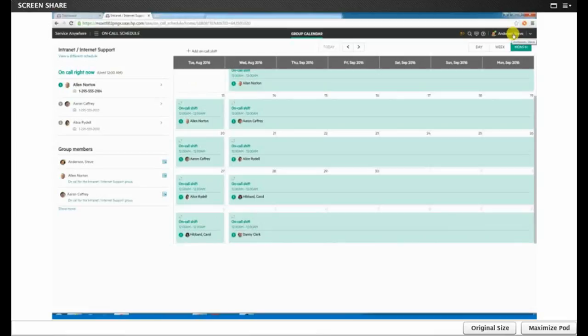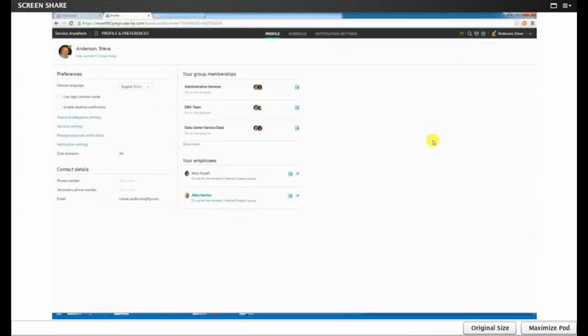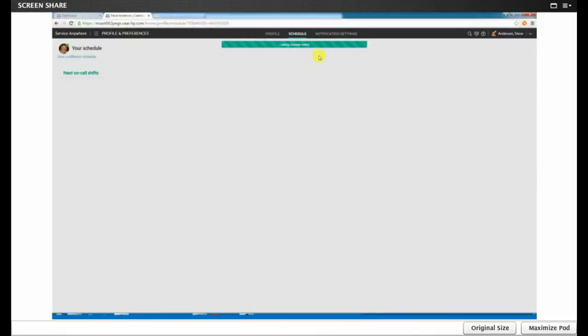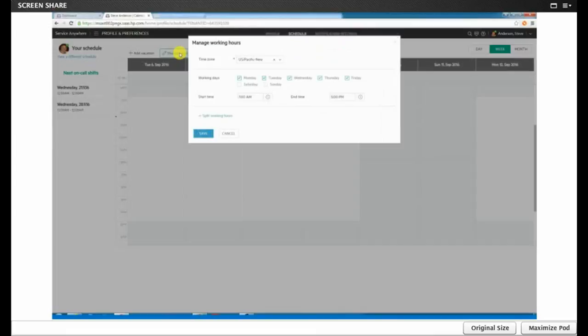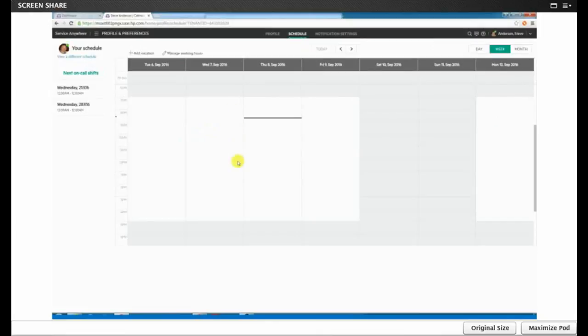I'm going to go back to my profile. And I'm just going to show you another thing here. All right, so I can view my calendar. I can go to schedule here or view calendar here. Both go to the same place. So I'll just click up here, the schedule. So this indicates my working hours. I can manage working hours. So I'm working 7 to 5, just a standard schedule here. And I could modify that, have a split shift if I need to,